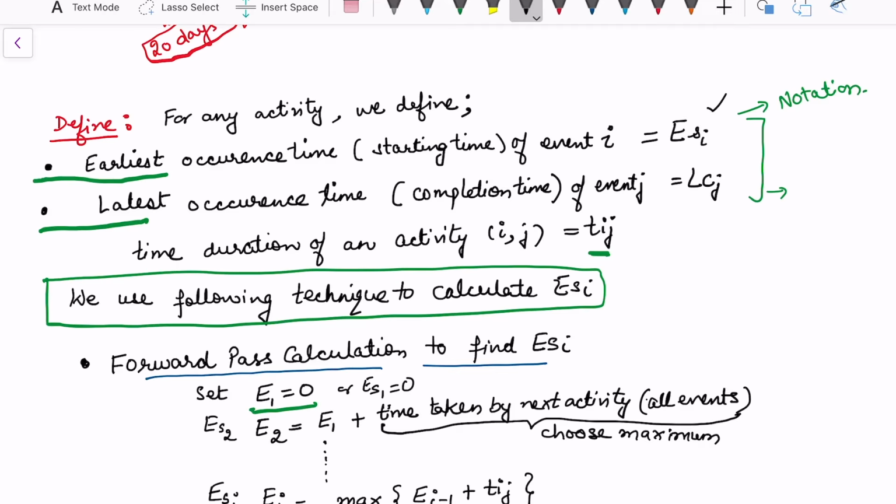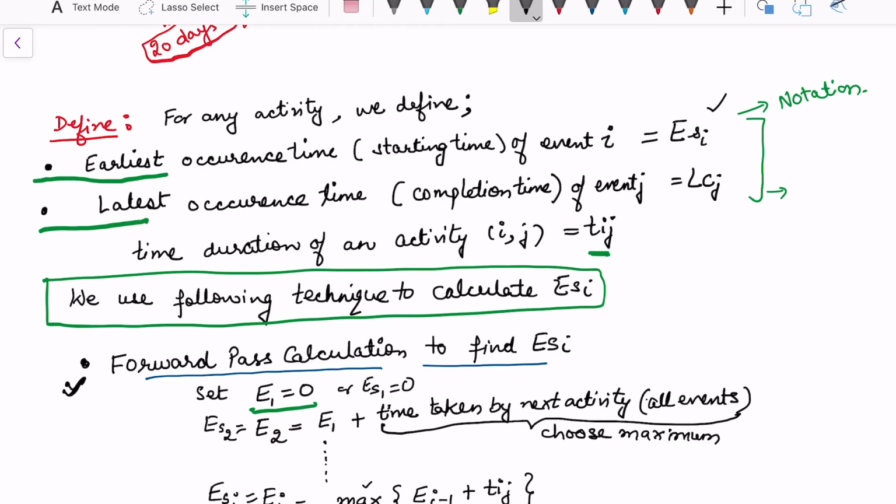This is just the starting, because we want to understand this situation from the starting of the next activity. And how do we calculate? We also want to ensure that all the activities finish in between as we progress. If an activity takes the longest duration, then whenever we add the previous time, we need to ensure that it is the maximum time taken by any activity. Once we take this as the maximum, this ensures that none of the activities is left incomplete in the project as we move forward. That is why the name forward pass calculation is given to this.